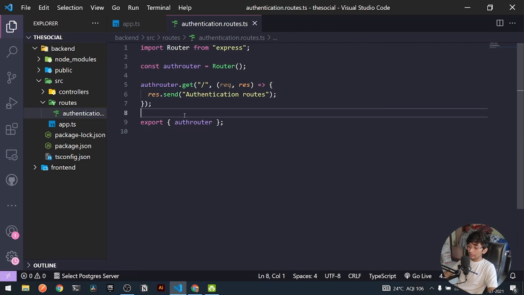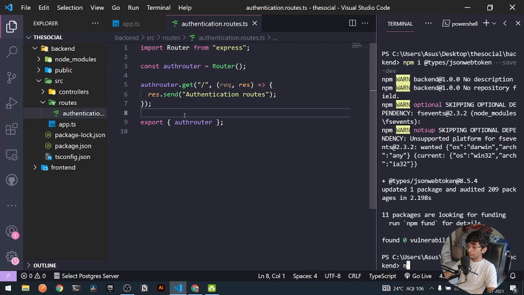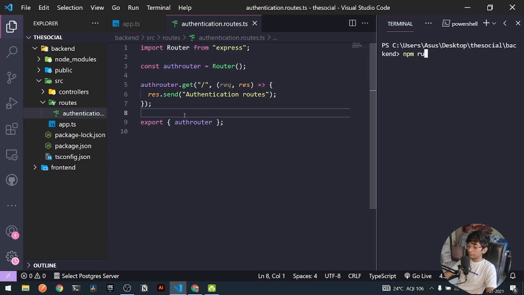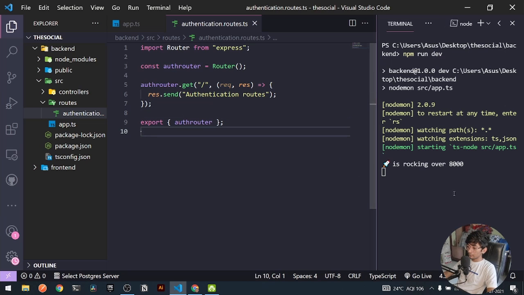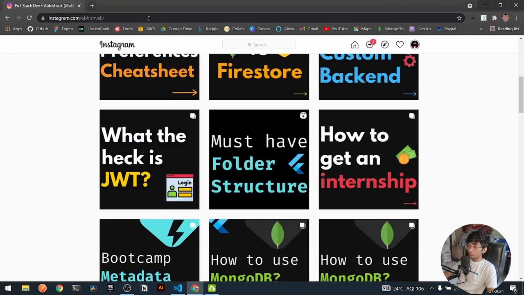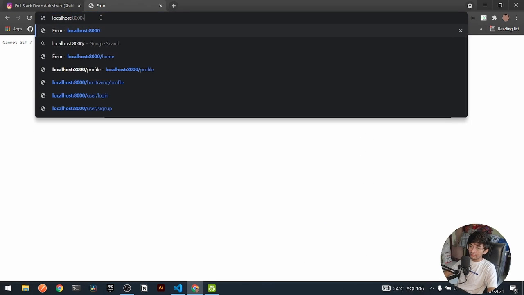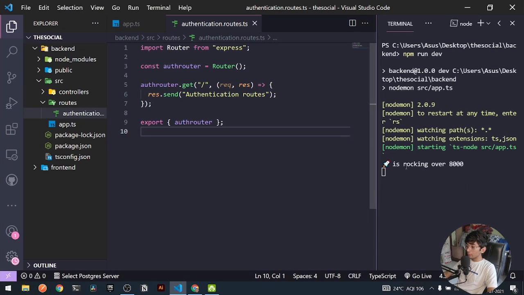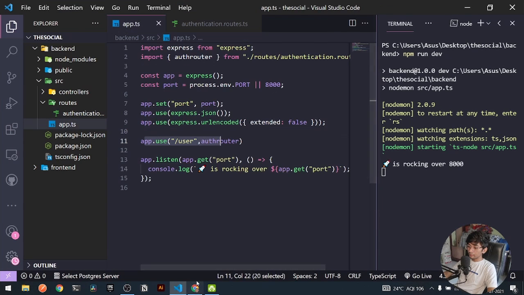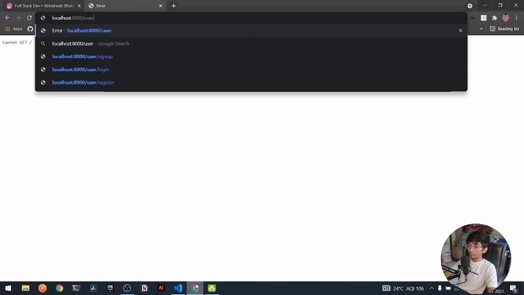So now if I run my server one more time, let's say npm run dev. Awesome. So now if I go to my browser, go to my localhost of 8000, alright, under localhost, if I check a new path. Let's check out a path one more time. Okay, it was user. Easy. So I can say user. Now here you can see I am getting the following route of authentication route, right, over to my user.